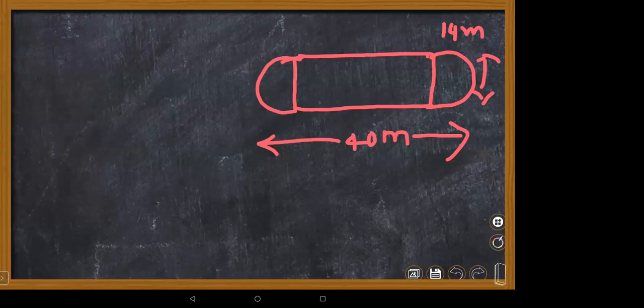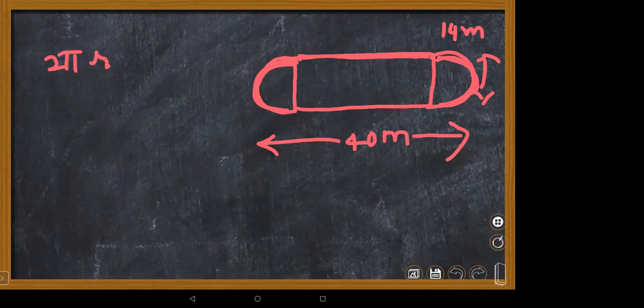So, children, the circumference of two semicircles is pi d, or 2 pi r. Generally, two semicircles together make one circle, so if you take this circle's perimeter, you will get 2 pi r, that is nothing but pi d. You can take pi d or 2 pi r, anything. Here we have the diameter, so pi d.